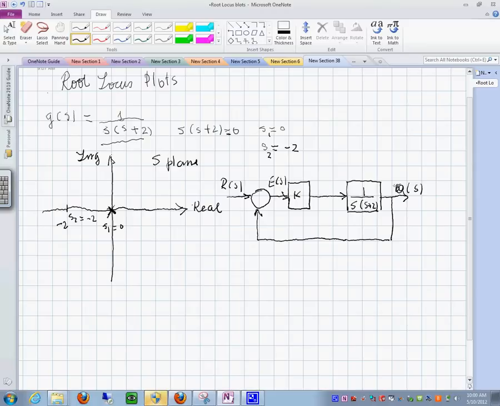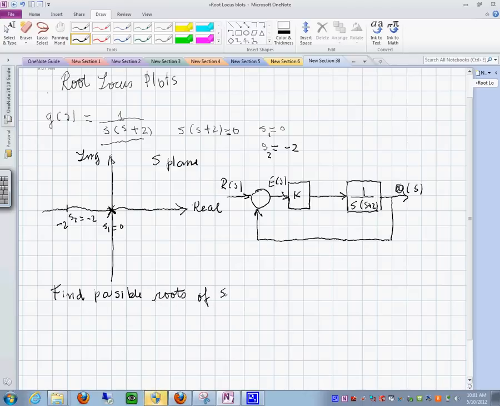So what we can do is the test. It says, make a test of the possible roots